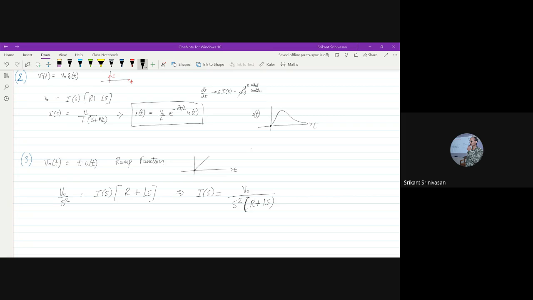Any doubts from anybody? Sir, in RC circuit, when we apply KVL and if we have a forcing function, like we have an external voltage source